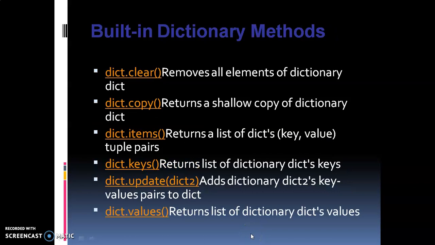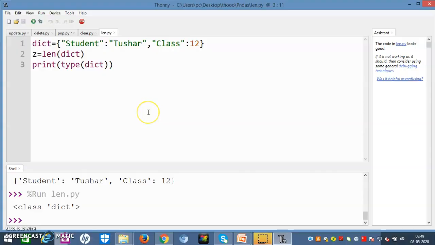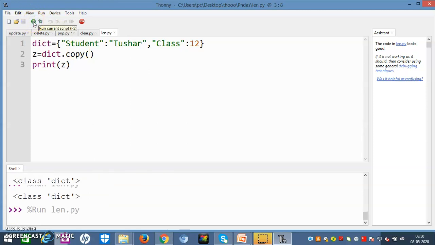Next is clear, which we have studied. Now copy. Now you want to copy a single dictionary to another one, means you want a copy of the dictionary, then how will you create it? Suppose here in Z I will write dict dot copy, and here I will just type Z and press it.